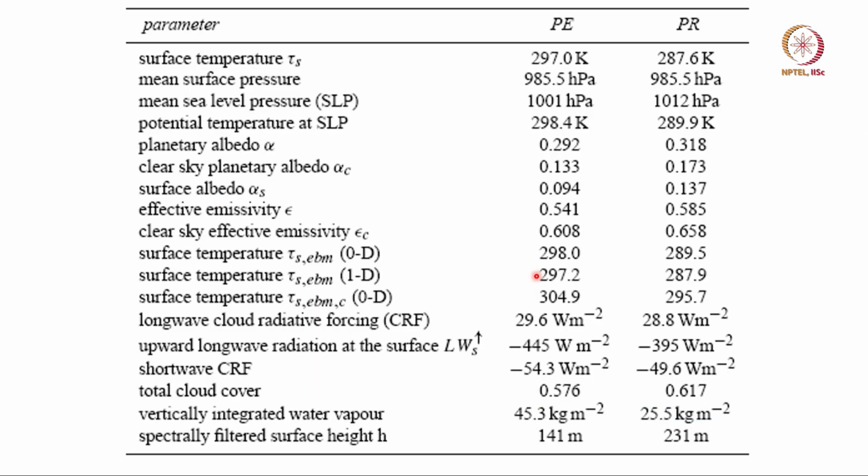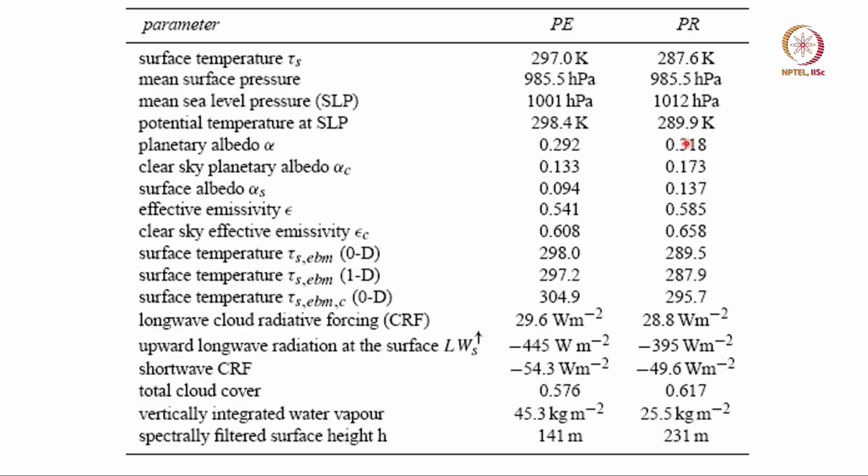And so although the models have done this very well, one is happy, but we have to understand what caused those changes. It's not enough to say models are done well, I'm very happy. The model may have got the right answer for the wrong reason. That can happen. So here you see the model albedo went from around 0.3 in the present climate, 0.32, to 0.29, not much change, about 10%.